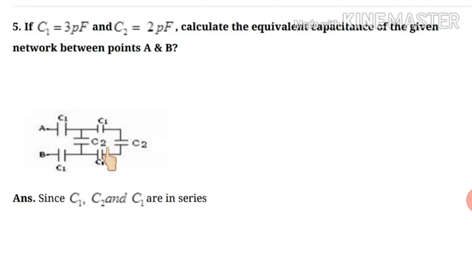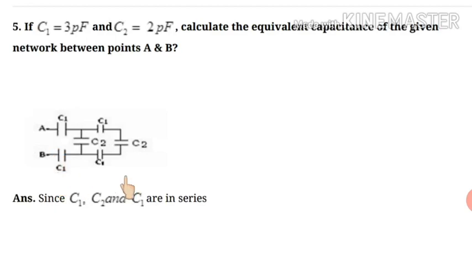And how can we calculate? Again, we know how to calculate the net capacitance of a parallel combination, simply by adding them. So after calculating the net capacitance, that capacitance and these two capacitors will be in series combination with each other. So again, we will apply the formula of finding equivalent capacitance for a series combination. So this is how we will do it separately, or in bifurcation.